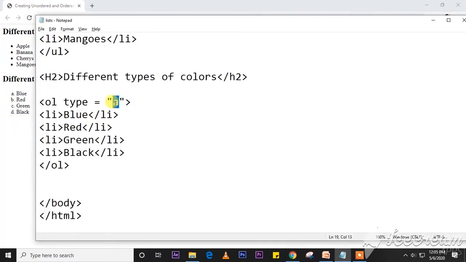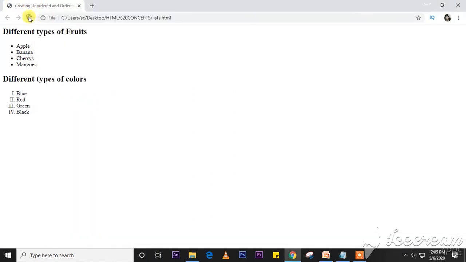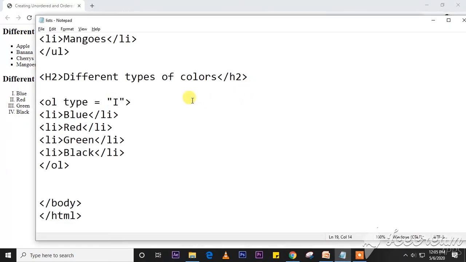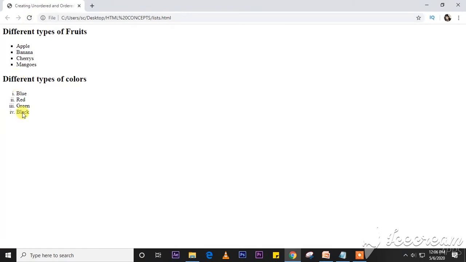If you write here capital I, then you can see here Roman numbers. If you write here small i, save it and refresh, you can see here small Roman numbers.